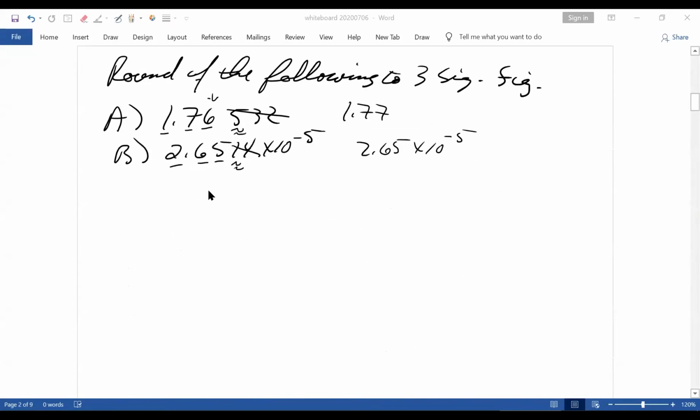That's one bad thing. Now, a place where a lot of you are losing points and you shouldn't have to is when you do a calculation. For multiplication and division, you should have the same number of significant figures as the number you're multiplying or dividing that has the fewest significant figures. I'll say that again. You should have the same number of significant figures in your answer when you're doing a multiplication or division as the number that has the fewest significant figures. And with that,